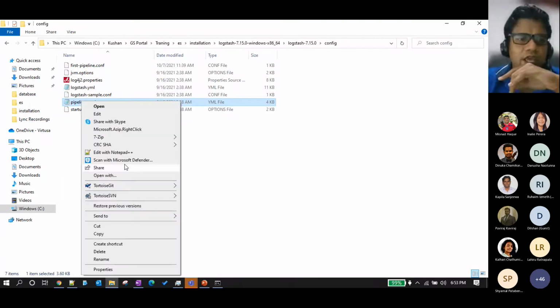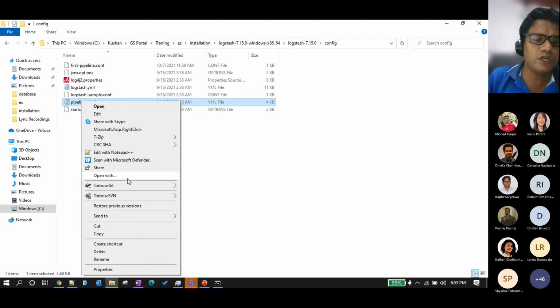We haven't defined any pipelines. We haven't defined what our input will be, what our filter will be, what needs to be done inside the filter, and what our output will be. We have done nothing.